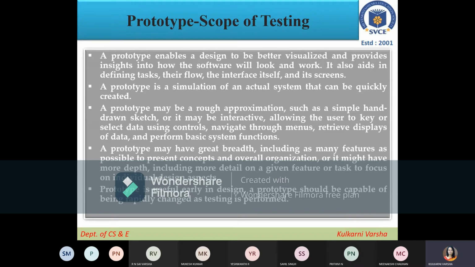When it is a hardware product, the prototype is different, right? If it is an IoT project, when you start developing a prototype, it will be a hardware prototype. But when it is a software project, there will be different types of prototype.